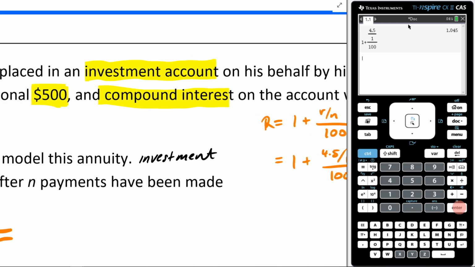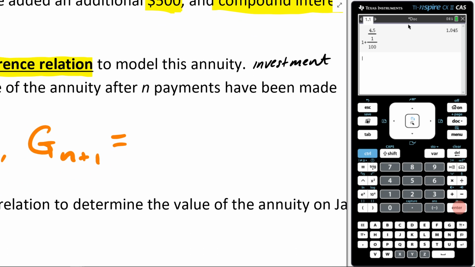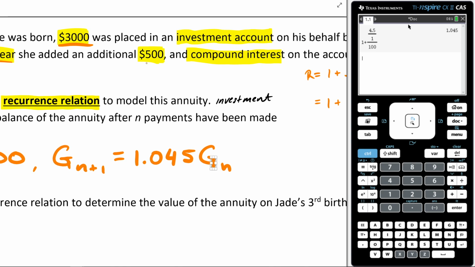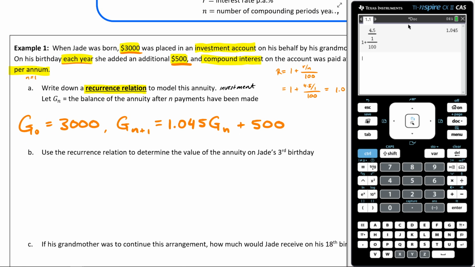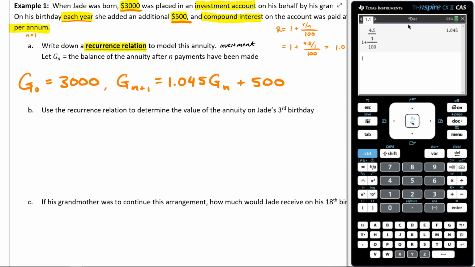All right, let's come back over here. 1.045, then it's going to be times G of n. And then grandma is also adding in $500 each year as well. So I'm going to plus $500 onto that. And that is my recursion relation. Beautiful. Next, the very important words of use the recursion relation to determine the value of the annuity on Jade's